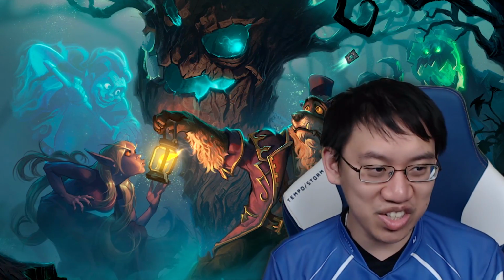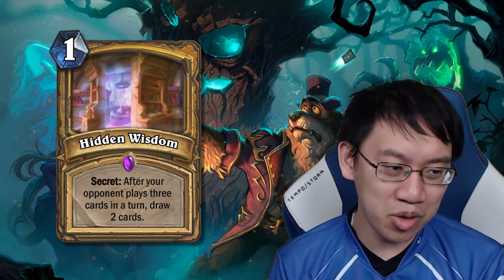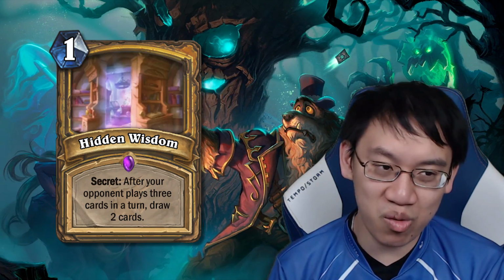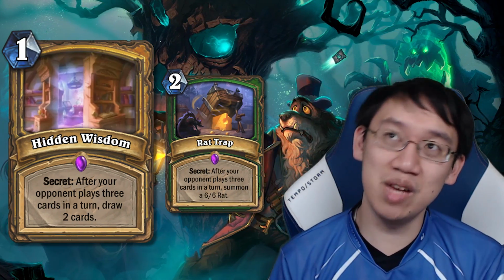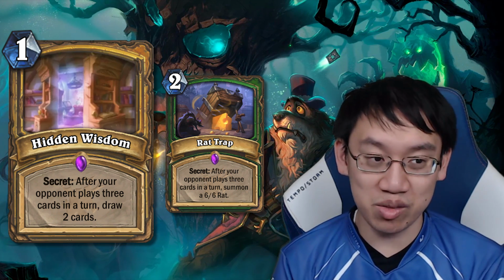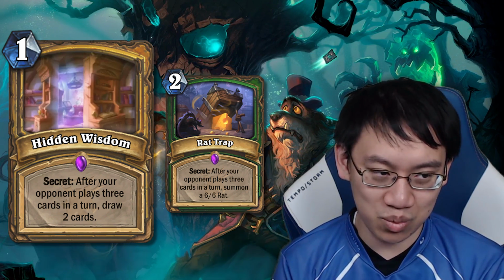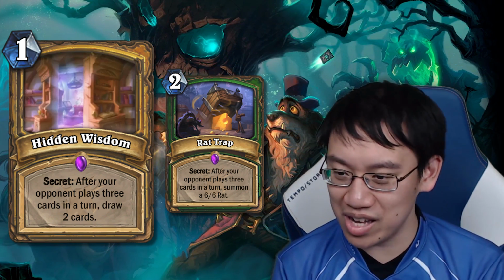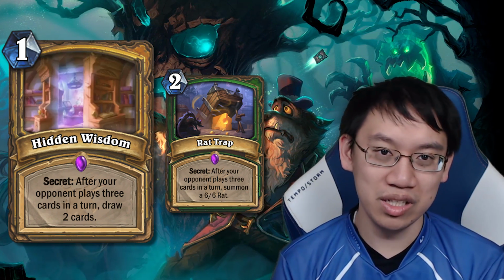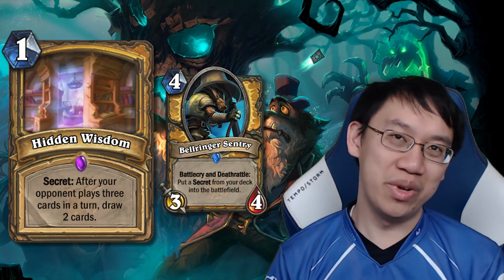Paladin gets a new secret, Hidden Wisdom. After your opponent plays 3 cards in a turn, draw 2 cards. We've seen the Rat Trap from the Hunter, and I proclaim that card as often 2 mana do nothing. Now the 6/6 was a bigger deal than drawing 2 cards as well. The benefit Hidden Wisdom has going for it is that this card can be pulled from the Bellman,